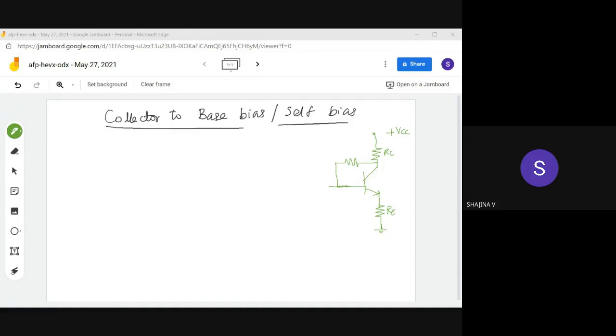Okay, or we can simplify it as S is equal to 1 plus beta divided by 1 plus beta into, here I am dividing numerator and denominator by RC plus RE, so that I can get 1 divided by 1 plus RB divided by RC plus RE. Okay, I am dividing numerator and denominator by RC plus RE, so that I can get this expression. Okay, from this we can say when this term, that is RC plus RE, is far greater than RB.